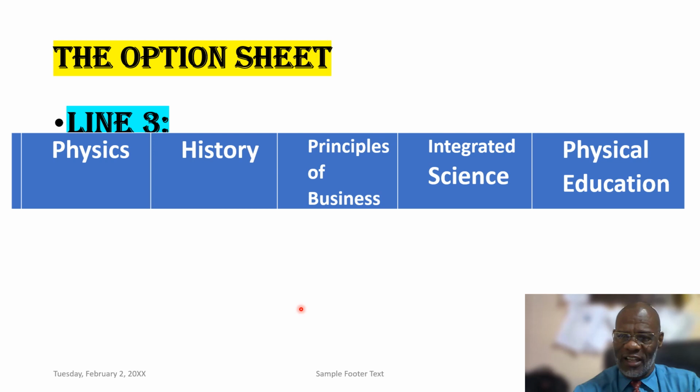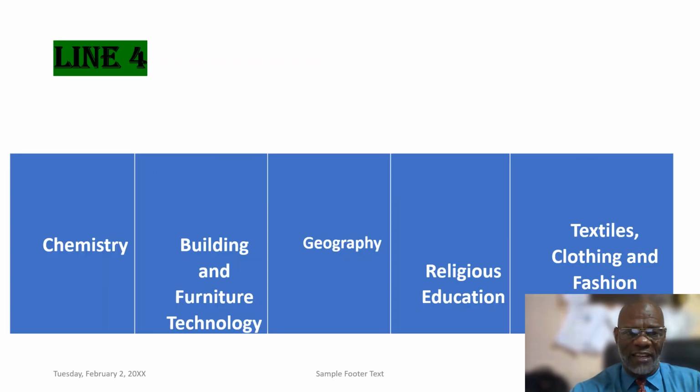Right, so you have math and English if you're doing the 3 sciences, physics, chemistry, and biology, then you choose two other subjects to complement those. Right? And the truth is, if you do the sciences, you can be directed to any other career path. Right? Then line 4, in line 4, the other subjects we have chemistry, building and furniture technology, geography, religious education,